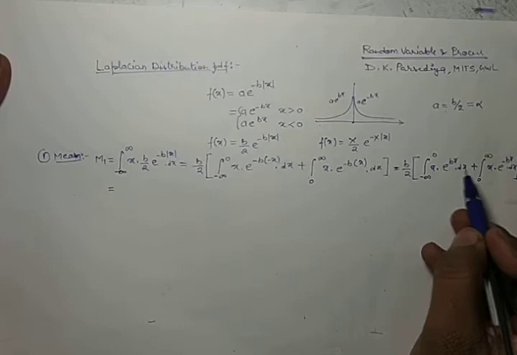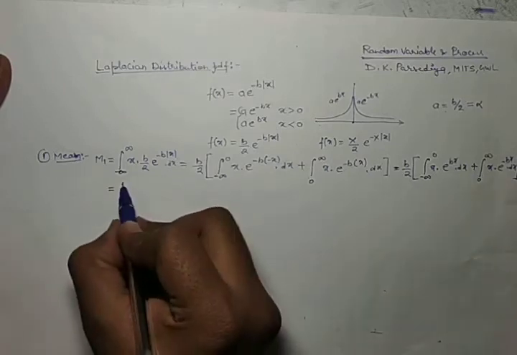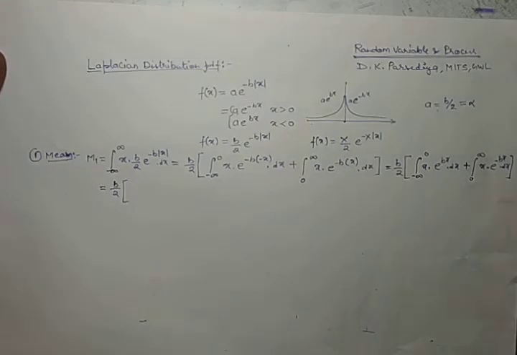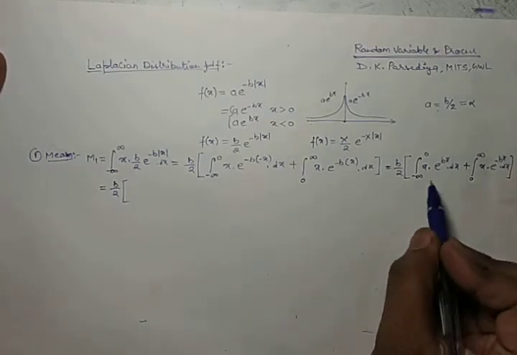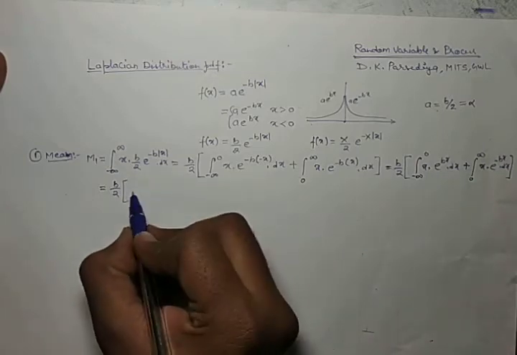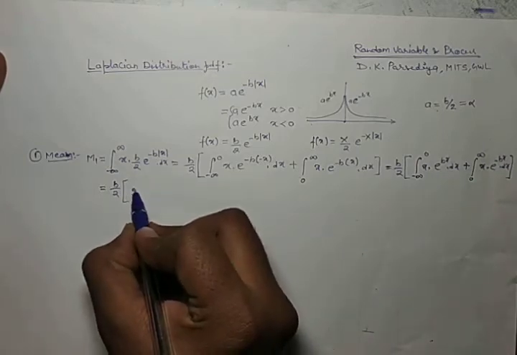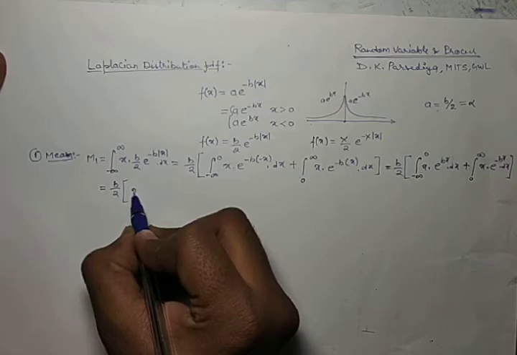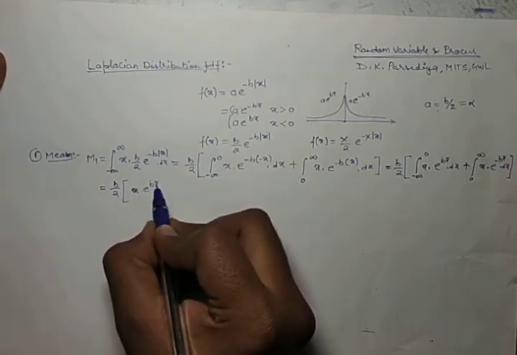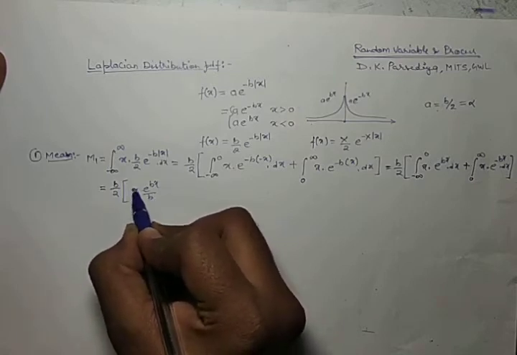Now I perform this integration. This we can solve by integration by parts. So first function is x, second function is e^(bx). The integration of the second function is e^(bx) upon b, for the limit minus infinity to